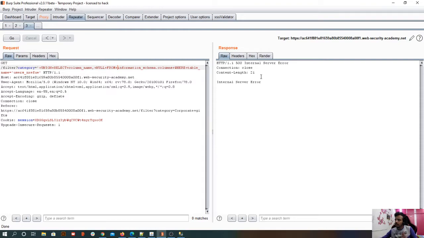So I think body-wise, that is the part I have not touched, so that is fine. There is something wrong in the query only. So let's check that. Select. Okay, this is where we are ending the query. Select the column name, comma null, from information_schema.columns where table name is equal to...